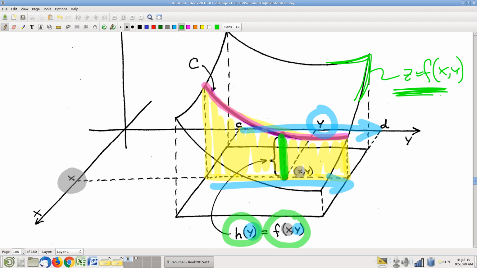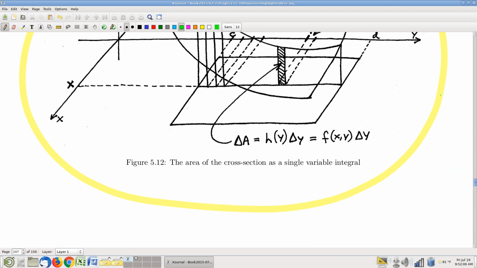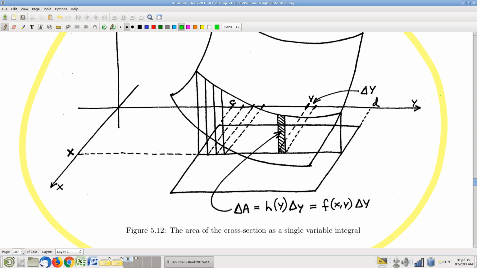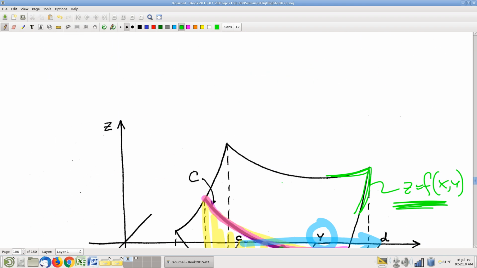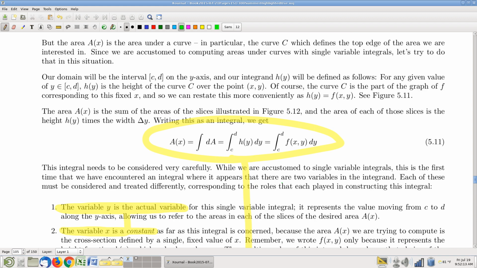So, there you go. We can piece this all together then. Keep in mind I'm trying to compute the area. The area is area under a curve. Areas under curves are integrals. Integral of what? Well, integral of height, and here's my formula for height. So, that cross-sectional area, just slicing up the area, Riemann sums, height times base, etc. That cross-sectional area, you can see right here. Oh, do I have that written? Convenient. Yeah, here we go. That cross-sectional area is